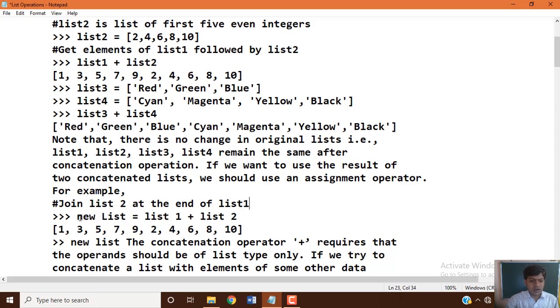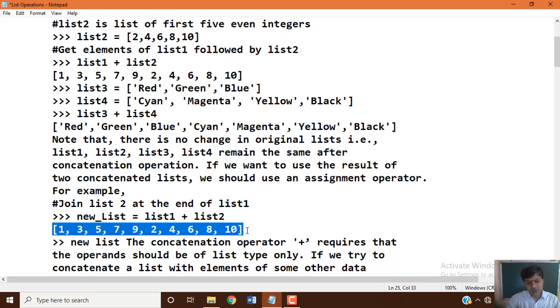Okay. So now the variable name is new. Variable names should always be used without spaces. new list equals list 1 plus list 2, the concatenation operation you want to perform. Same example as we took earlier, list 1 contains odd numbers and list 2 contains even numbers. Now we assign to another new list variable: new list equals list 1 plus list 2. Then you can see that new list contains the result of the concatenation of the list 1 and list 2 data items.